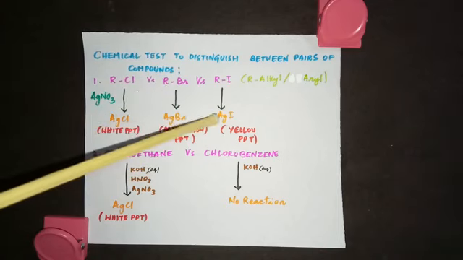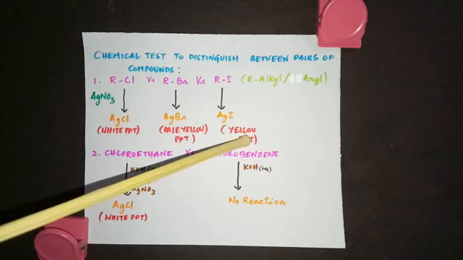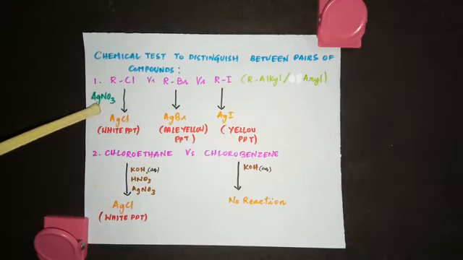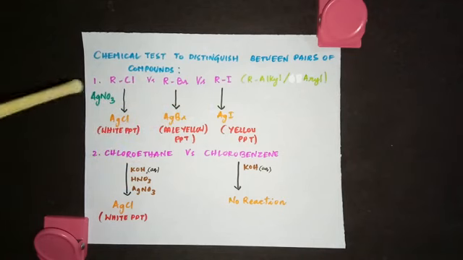If you get AgI, which is a yellow precipitate, this one is pale yellow, this is yellow, a brighter yellow, when you treat it with silver nitrate, then the compound given contains iodine. So this is how you have to distinguish. Suppose they ask, how will you distinguish between chloroethane and bromoethane? You should say chloroethane with silver nitrate will give a white precipitate of AgCl, whereas bromoethane will give a pale yellow precipitate with AgNO3. So this is how you distinguish this pair of compounds.